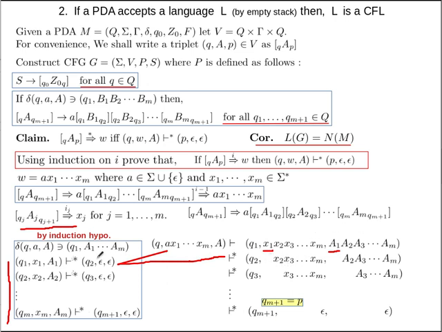It doesn't matter. For this many steps, it doesn't do anything with this part of the input, and it doesn't do anything with this part of the stack, right? So it doesn't matter what is here. It just looks into this part and this part. So from here we can now go in this direction,